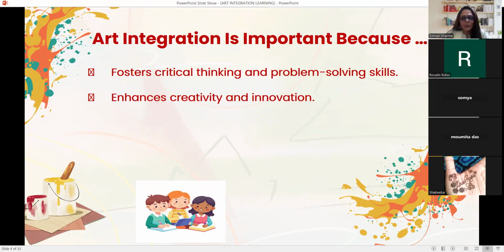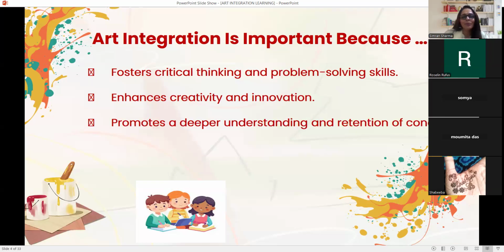They know how to express themselves. So they are putting up the activity using all senses together. So it's a sensory experience also. So ultimately, the product is super effective, super innovative, out of the box, and that promotes deeper understanding, and it stays with the students for a longer period of time.